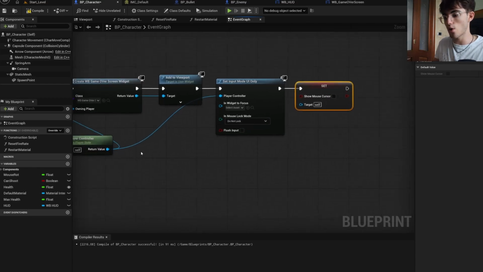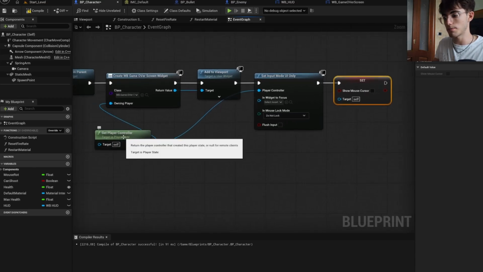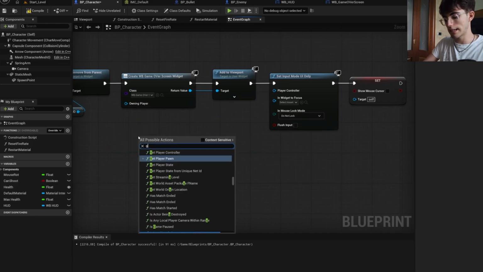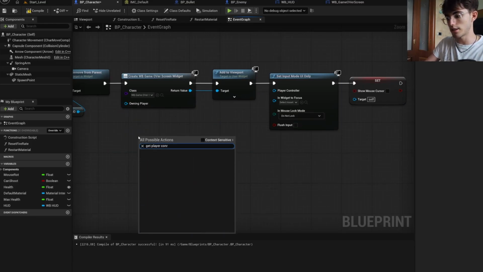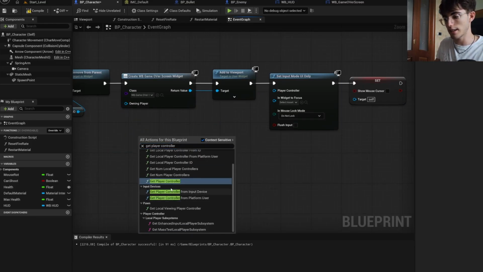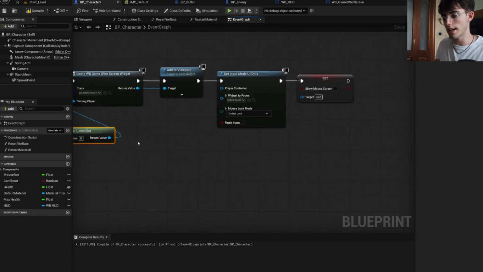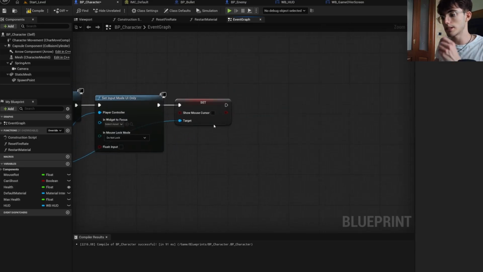The target is always our player controller. Sorry, not this one. Okay, get player controller with the context sensitive. Okay, get player controller, this one. Okay, so return value, go here and go here and also here. Okay, so basically we now want to show the cursor because the player must click on the button, and after